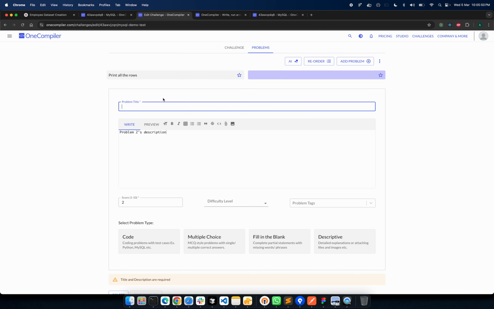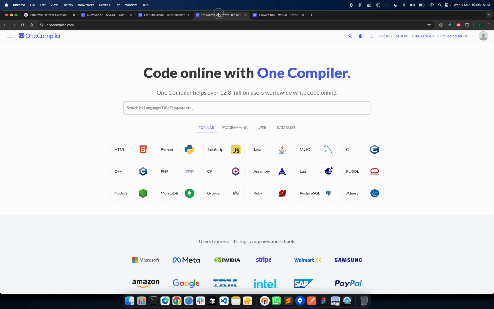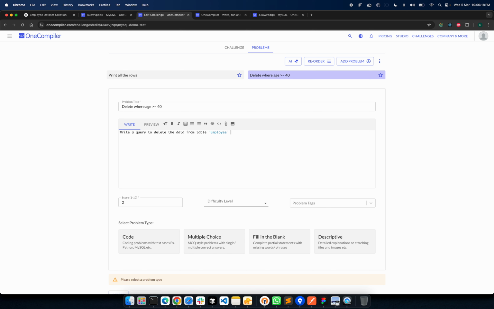So let's do that. We'll name the title: delete where age greater than or equal to 40. Write a query to delete the data from table, and we'll give the name employee,